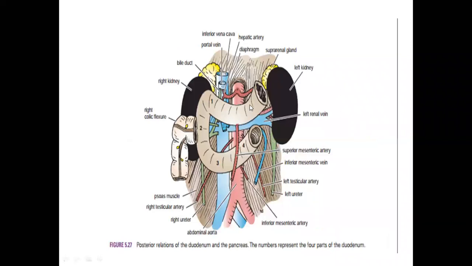You can see here very clearly that this is the first part of the duodenum where 1 is marked. Then this is the second part, then the third part, and the last part, which then connects with the jejunum. And this is the kidney. In the posterior relationship, the vertebrae L1 to L3 lie on the back side of this intestine. The whole of the duodenum lies on the L1 to L3 vertebrae.